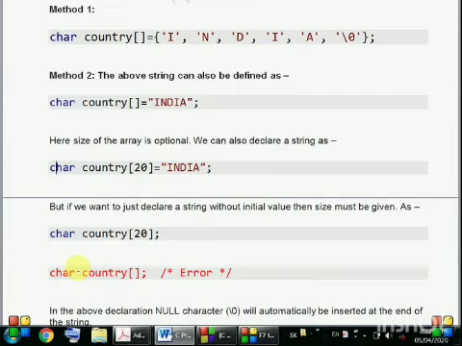But if you try to declare a string, that is a character array, without a given size, then it will give an error. So we have to give the size if we are not going to initialize a string. If we are going to initialize a string, then the size is optional. Here size is given, here size is not given.